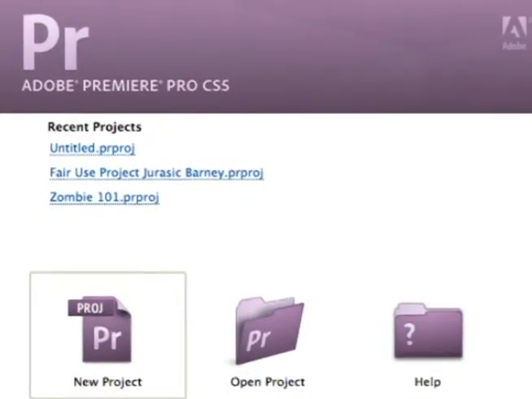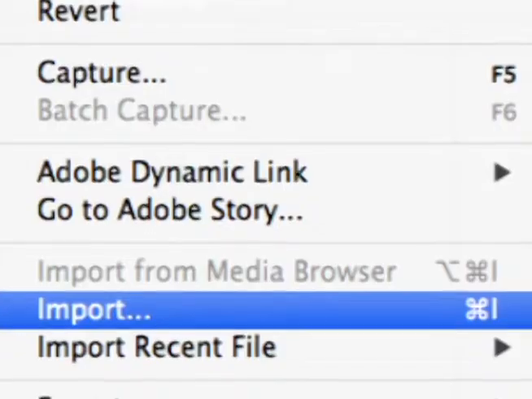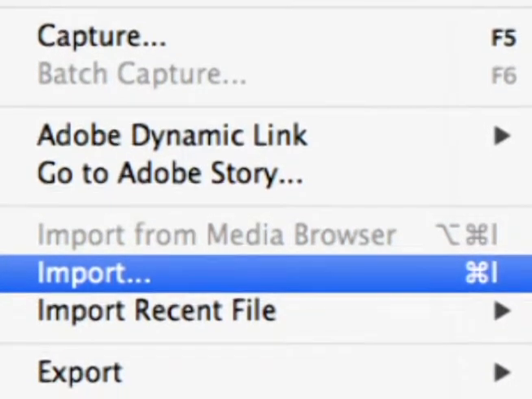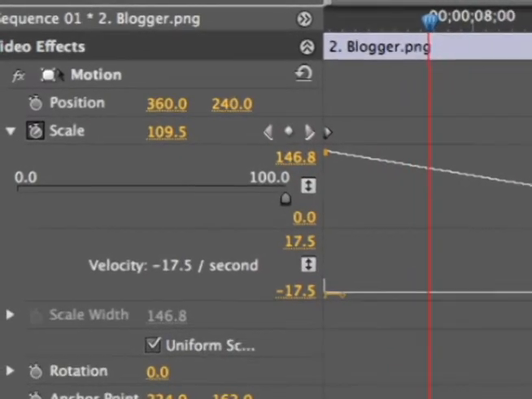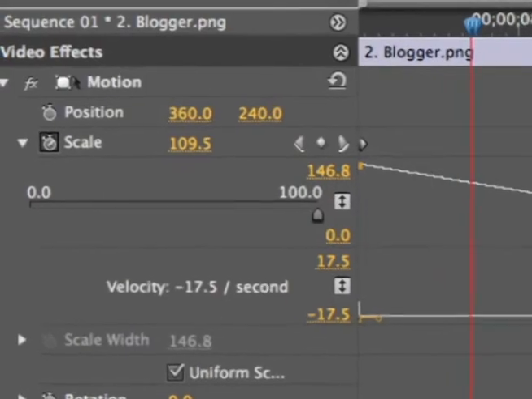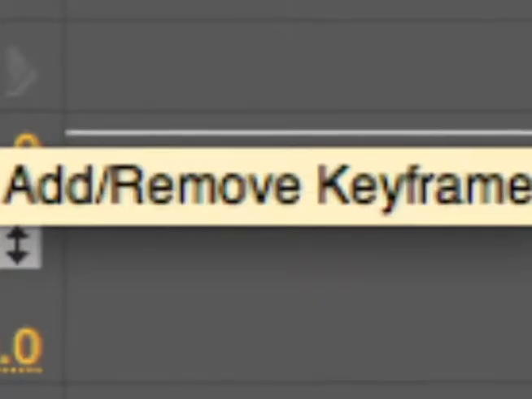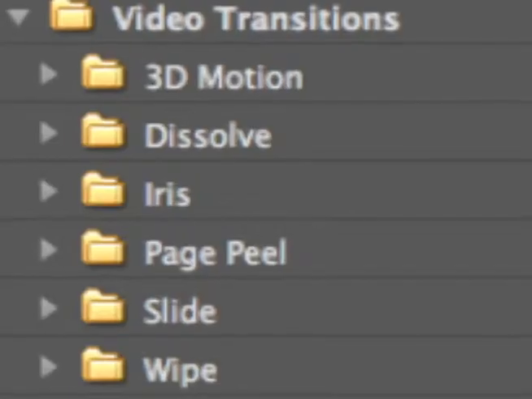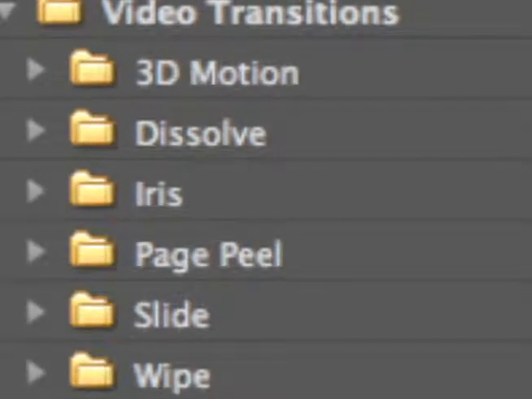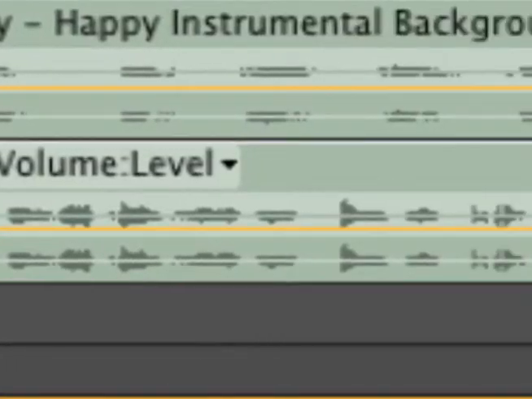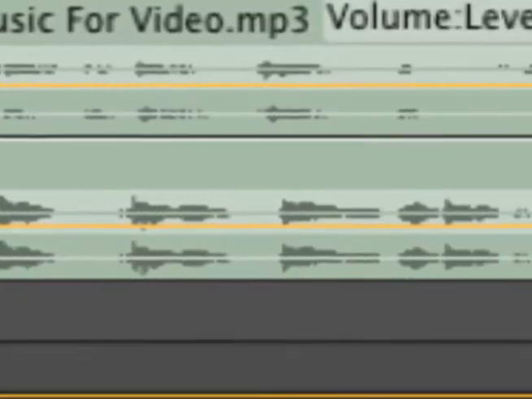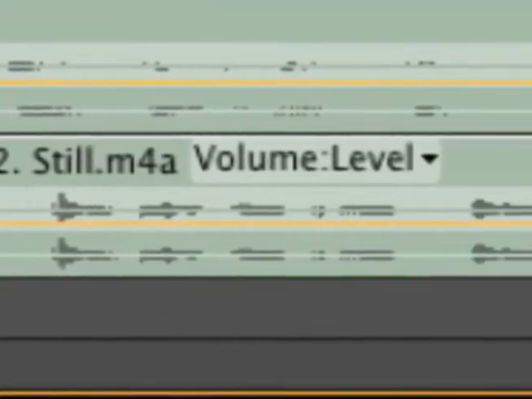After you're finished taking and editing your pictures, you should import them to Adobe Premiere. Here you will be able to put motion to your pictures and make them flow together using keyframes and transition effects between slides. In addition to creating a still images project, you can add your narration and music.